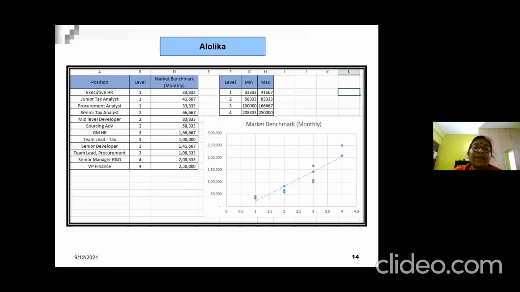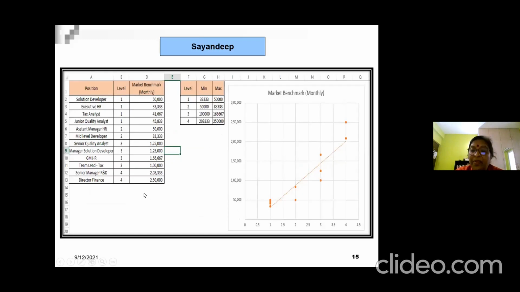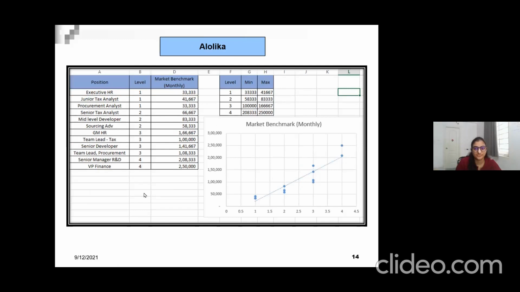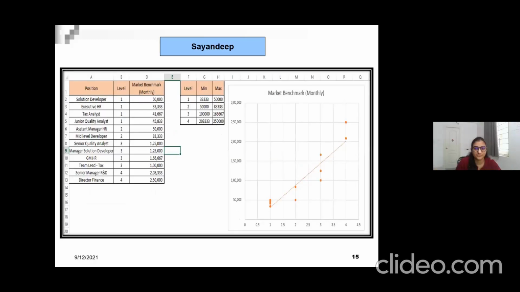This is the next one. I found all. This is again excellent. Oh, sorry. This is again another excellent work done. Have you noticed now? Excellent work done. Then again, this also. Because there will be market anomalies, because your positions will be a little different, not necessarily that they all have to fall into that pay line. But if you notice, by and large, okay, not much of a